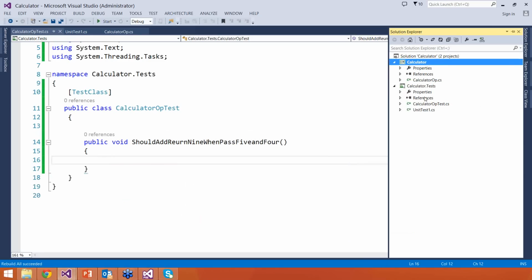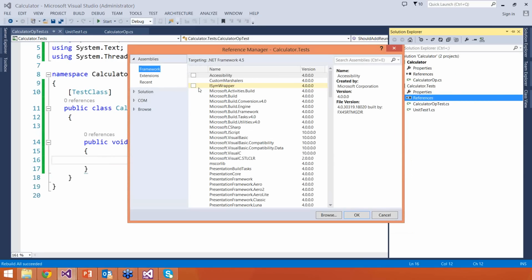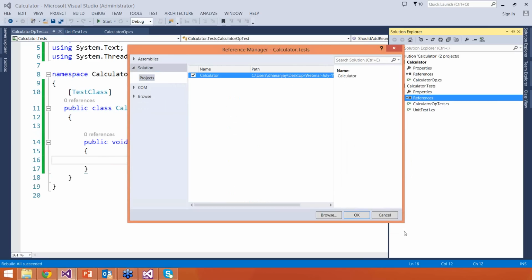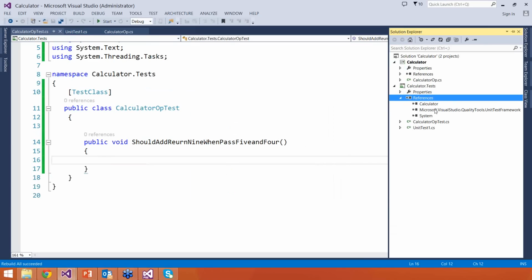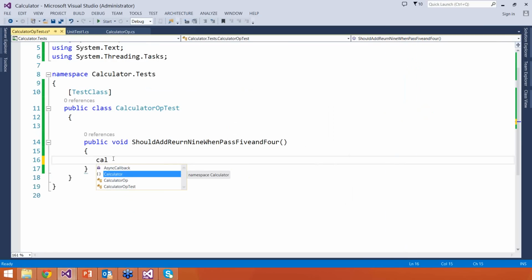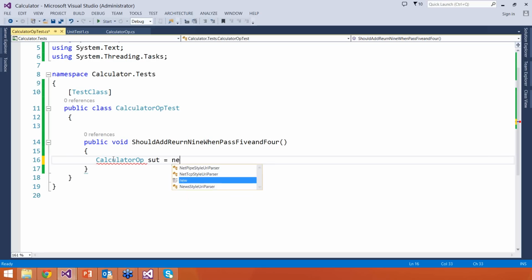And how can we do that? Right click on your test project, go to the solution and add the reference. So here we add a reference of calculator, which is the system under test. And now we'll go here and create an object of CalculatorOP, saying SUT equal to new CalculatorOP,